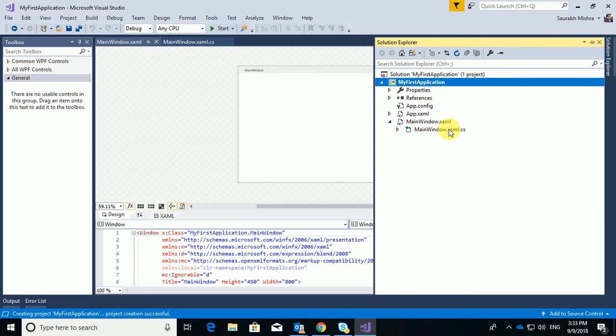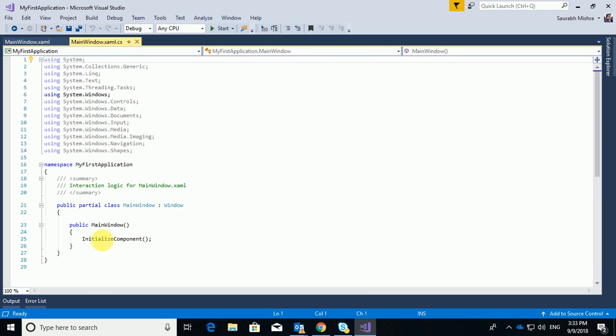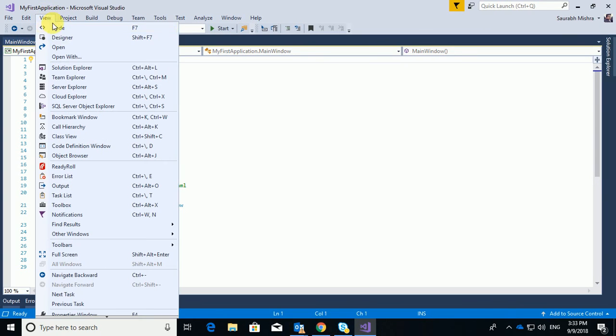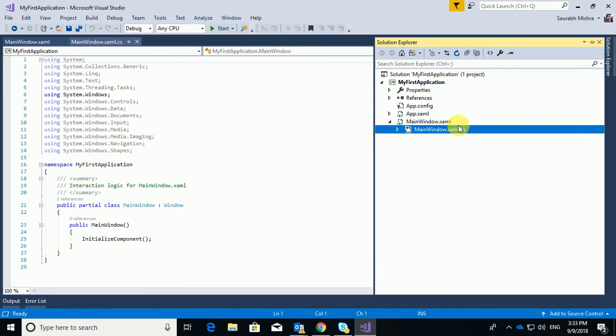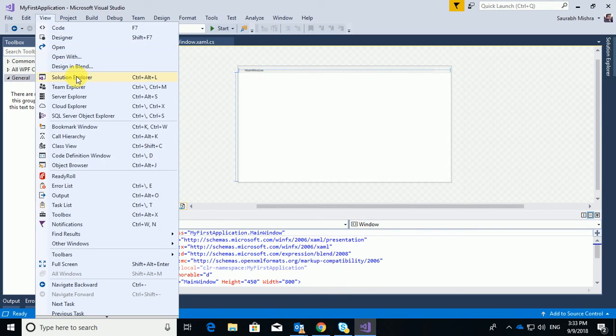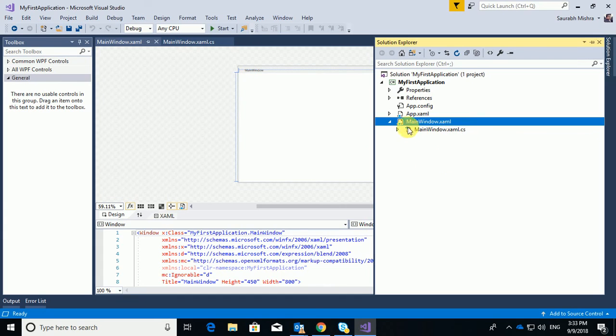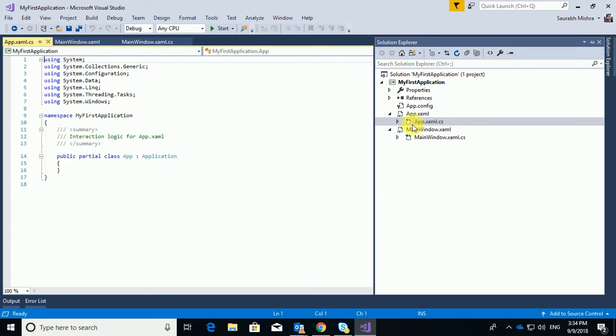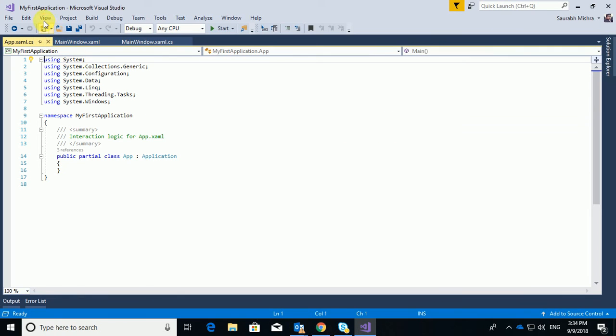This is the file where you can write your logic, and since we have created this Windows desktop application project, we also have this .xaml file where you can define the user interface of your application. And other than this, we have got an entry point class which we call App.xaml.cs.